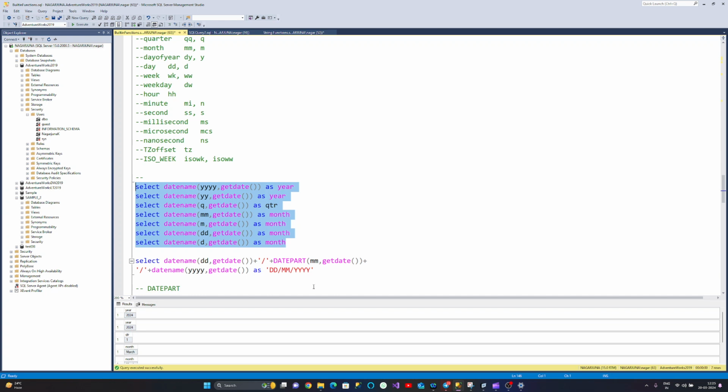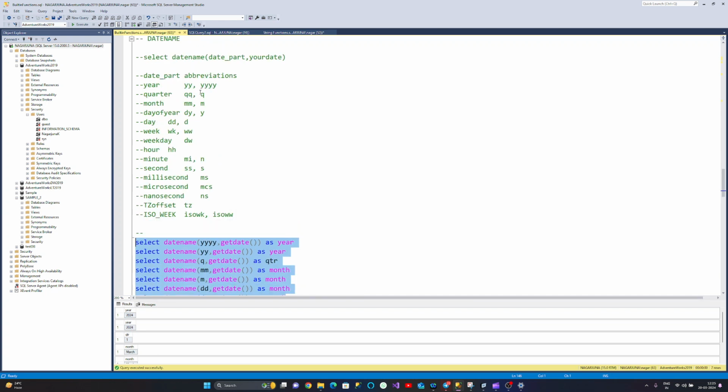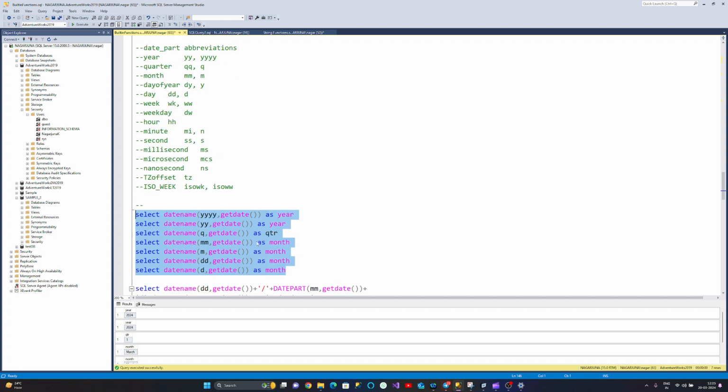See guys, first I'm getting the year. Same as you discussed, YY or YYYY. If you put quarter, the system by default is taking January to March as 1, April to June as 2, something like that. So anyways, it's taking something like that. Okay, DATENAME of